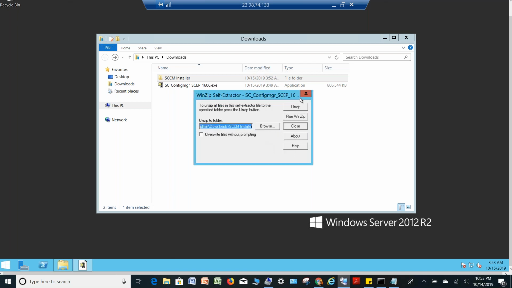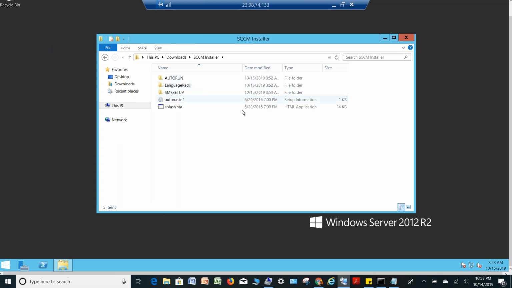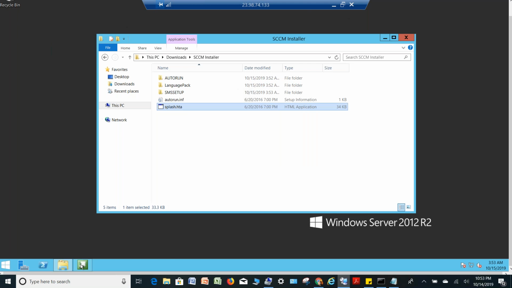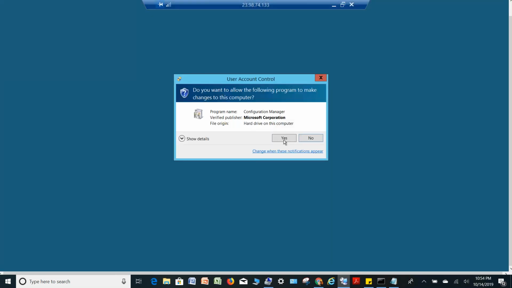Okay. Now I'm going to click on close. What happened? We just downloaded the exe file, and then we extracted all the files inside this SCCM installer folder. I need to run this splash.hta. This is SCCM 1606. So we are doing SCCM 2016, and later on we will upgrade this to the latest version, so that you can also understand how to upgrade the SCCM from the old version to the latest version. So let's click on install and say yes,